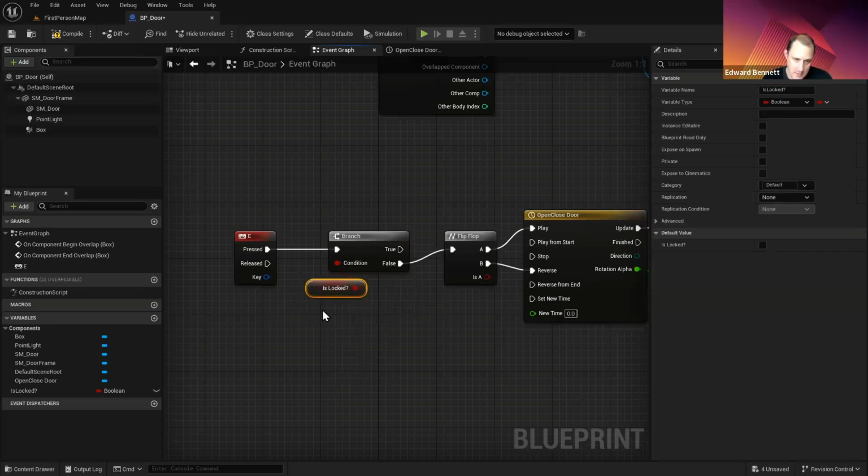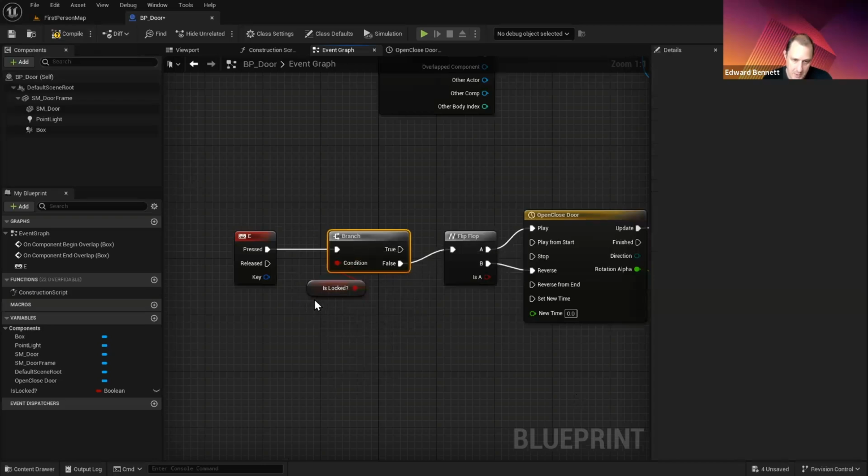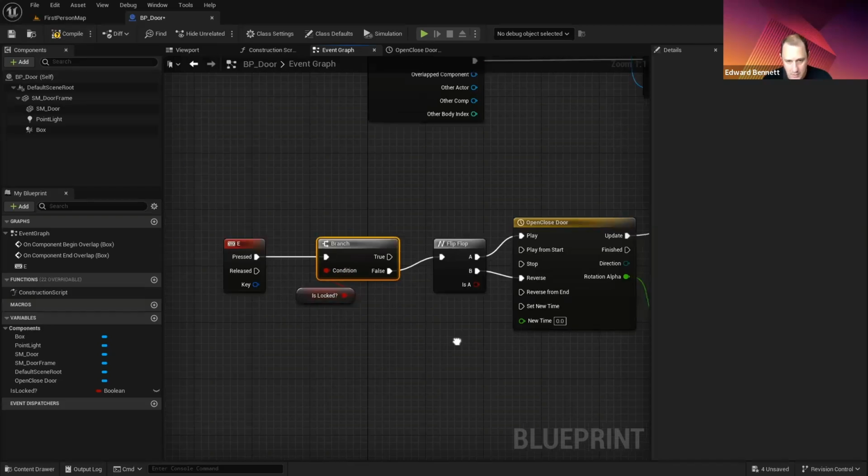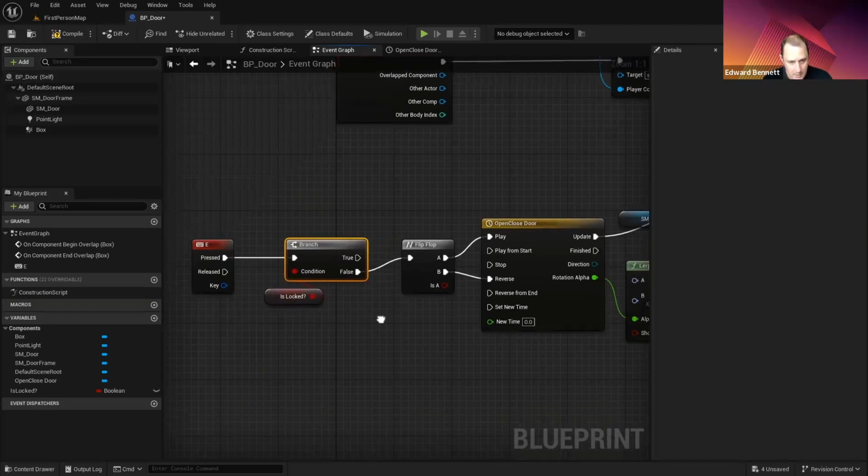So if this is an if statement, we're saying, is this locked? Is the variable set for lock? If it's false, then go and open it up. And if it's true, then do nothing. Okay, now